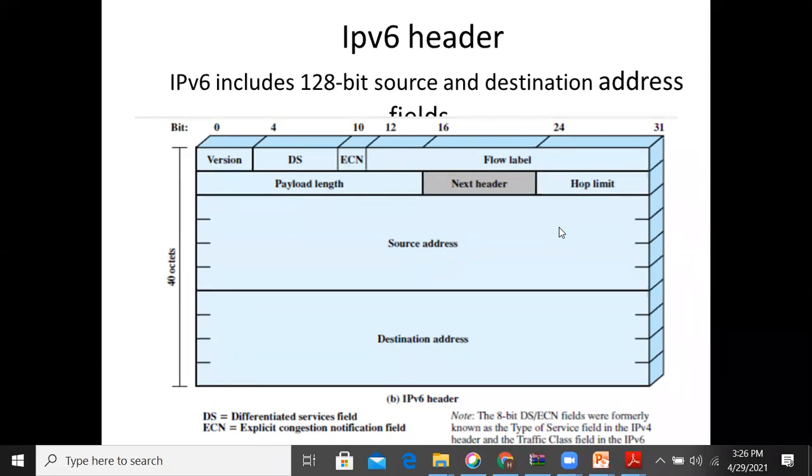As we need more address space, we are going for the next improved version, that is the IPv6 version, where it is going to use 128 bits. So that is 2 power 128 addresses we can have, which is more than enough, and can be used for representing more devices and assigning more IP addresses.